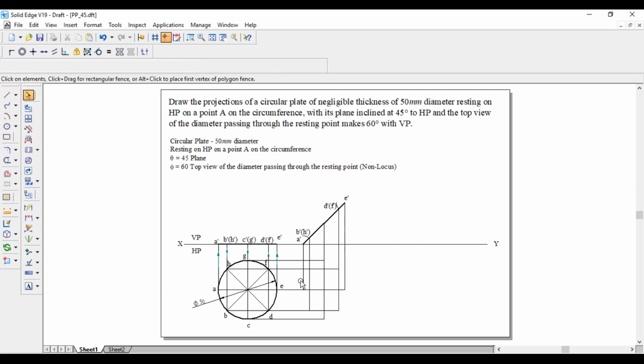A, B, C, D, E, F, G. So next, once we get H,